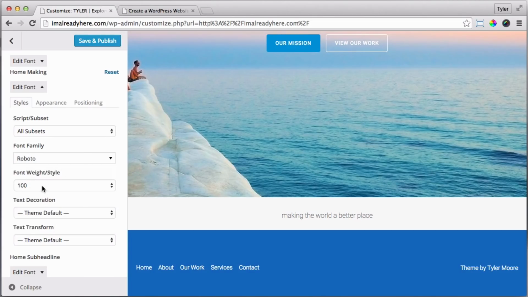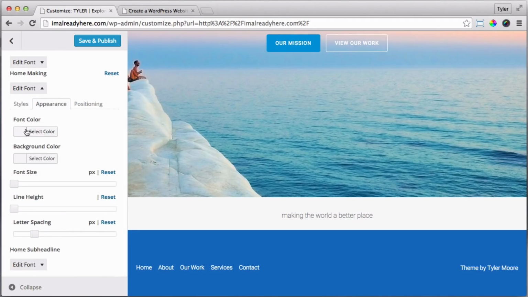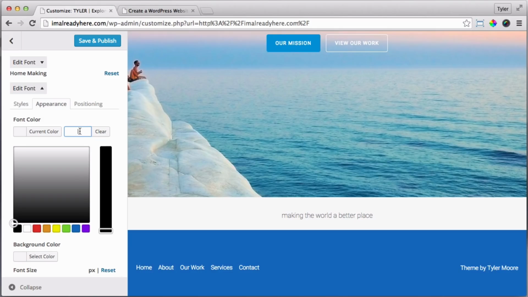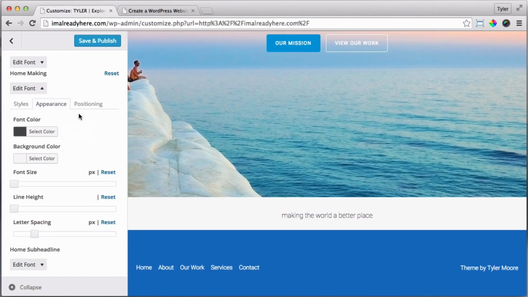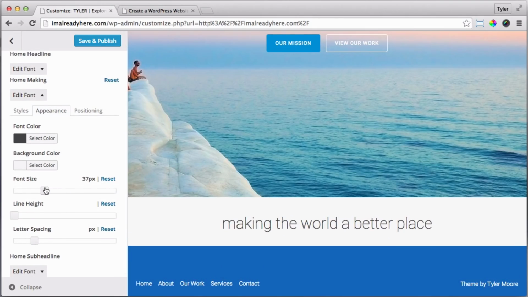Font weight is 100. That's great. The font color, we have it copied, so let's just paste it in here. That nice gray. And then the font size is 37 pixels. All right, now it's looking much better. So let's click Save and Publish